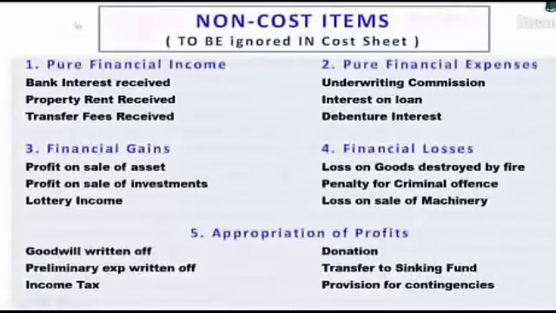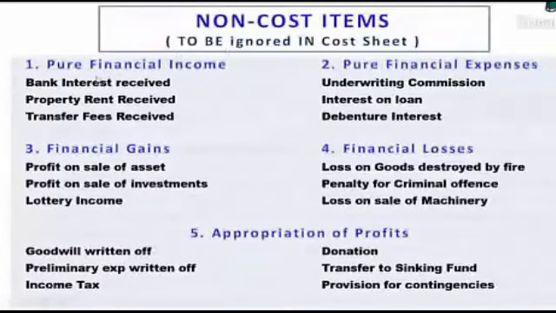Now, randomly, let us take an example like debenture interest. Debenture interest is in point number 2, third item. Whether it is in a factory, the answer is no. Whether it is for administration purpose, the answer is no. Whether it is for selling and distribution, the answer is no. Then what kind of expenditure is this? These are not related to production either directly or indirectly. In pure financial words, these are pure financial expenses, and pure financial expenses we don't take in a cost sheet. Interest on loan is also another example.